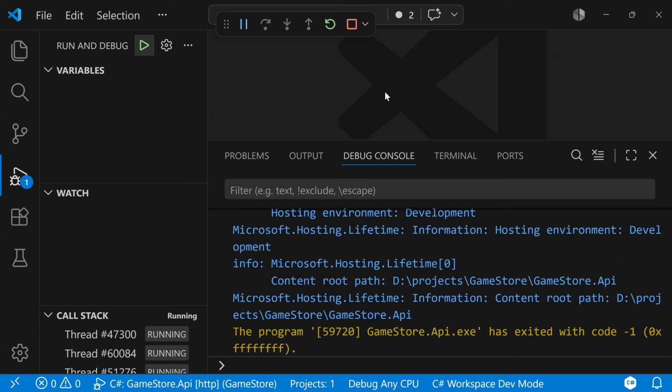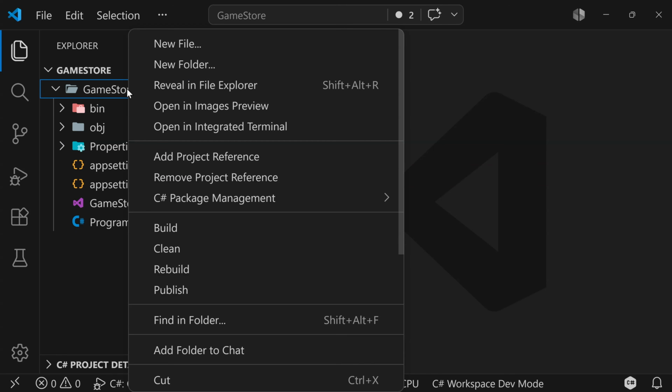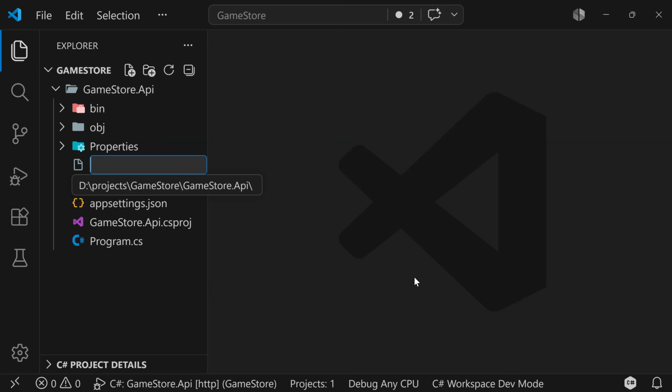Now let's go back to VS Code. I'm going to stop my debug session here. And the next thing that I want to show you is how to create new C# files in your project. So unfortunately, you can't just right click here and find a menu to create C# files using the .NET project item templates. If you click on new file here, this is going to be the standard way to create any